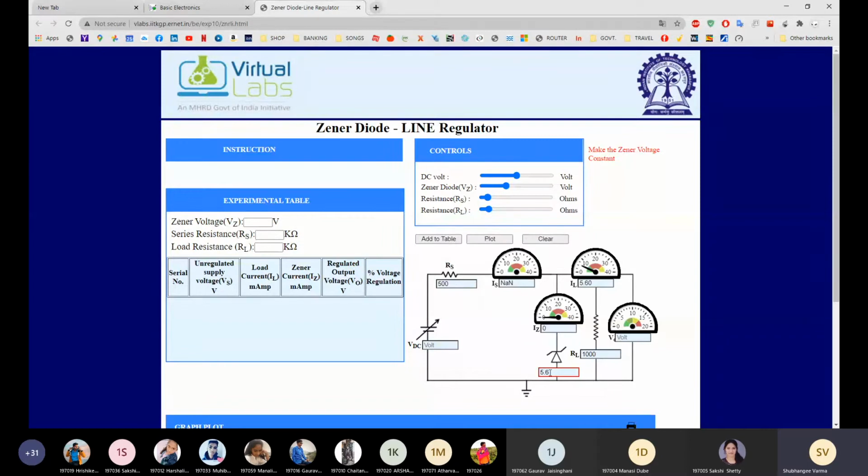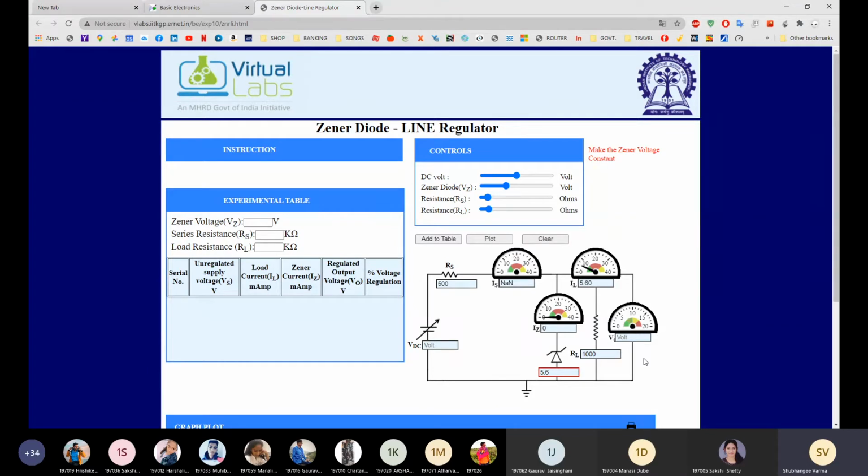But as soon as you reach the Zener voltage VZ, remember the characteristic of the Zener diode. At the Zener voltage VZ, you get a constant voltage, but the current will change. Means as soon as you reach the Zener voltage, your current is going to change, but your output voltage remains constant.